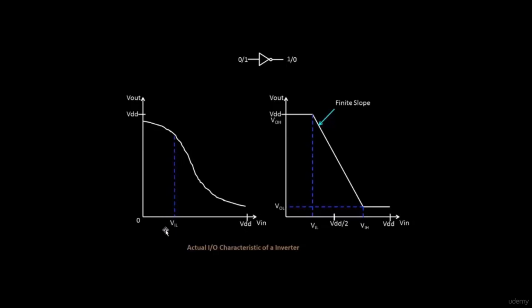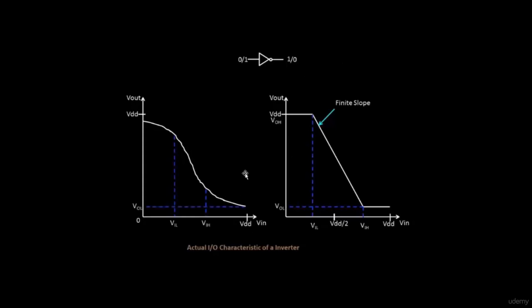Okay, that is the first thing. Second, any input voltage which crosses VIH and which is below VDD will be detected as logic 1 at the input of this particular inverter. And if you provide a voltage level in this range to the input of this particular inverter, the output will be detected as logic 0. It is not exactly logic 0, but it will be a voltage which lies in the range of logic 0, which will be detected as logic 0 in the next stage of the inverter.